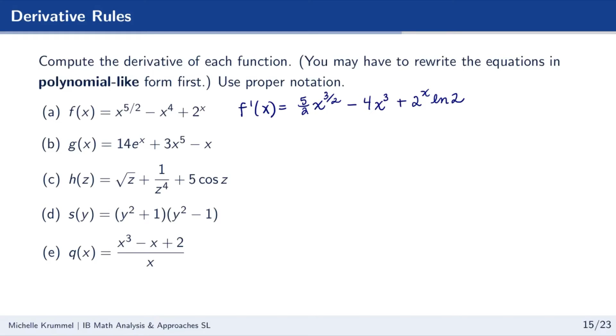For part B, g of x equals 14e to the x plus 3x to the power 5 minus x. Each of those terms is already in a form where we can use one of these derivative rules. So we are good to go. g prime of x equals the derivative of 14e to the x. We're going to use the exponential rule combined with the constant multiple rule. 14 is a constant multiple, so it will remain a constant multiple in the derivative, and the derivative of e to the x is e to the x,